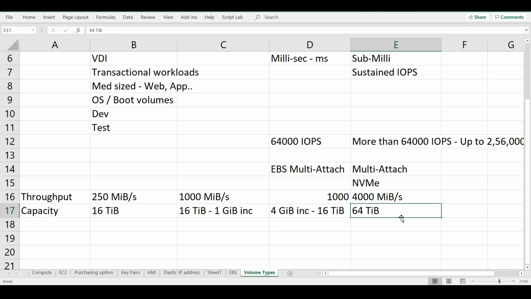You get up to 64. That is very huge, right? So if you want to have storage capacity of more than 16 TB, IO Block Express is the only option that provides you that. See, besides these four categories, if you want to go for traditional options like the throughput